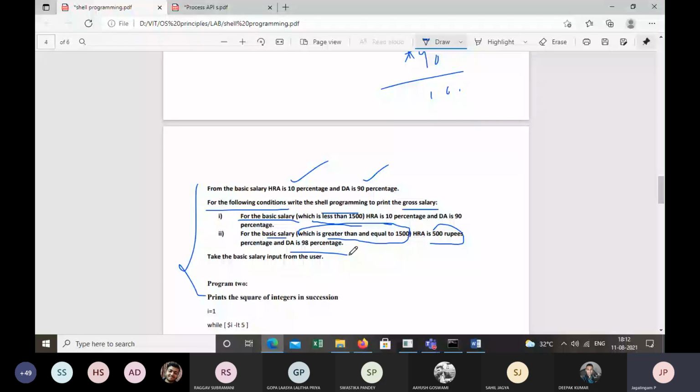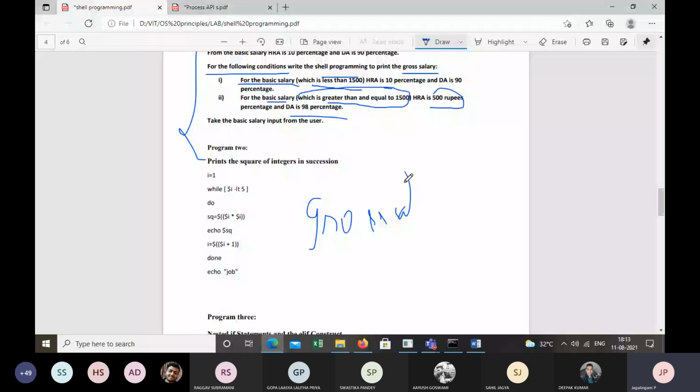Now we know how to calculate DA and HRA. You know the formula for that, and we need to calculate gross salary. So how are you going to calculate gross salary? What is the formula for that? Okay, let me type the formula for gross salary, then you can try the shell script.